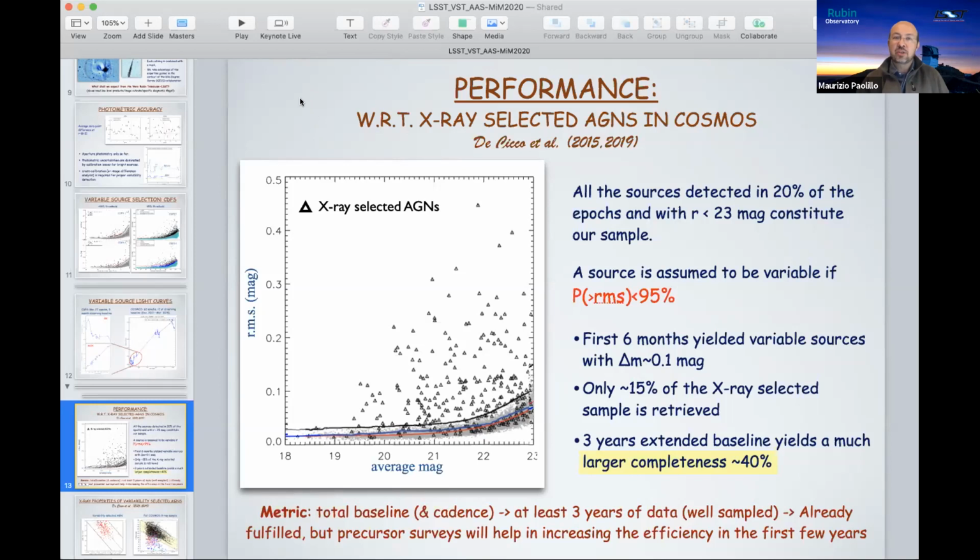Yes, I was thinking about the light curve. The positions are published and the objects are published, and we usually publish also a probability of that object to be variable or not. So you can set your own threshold